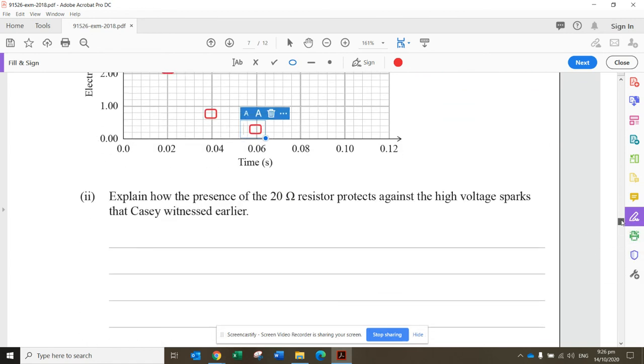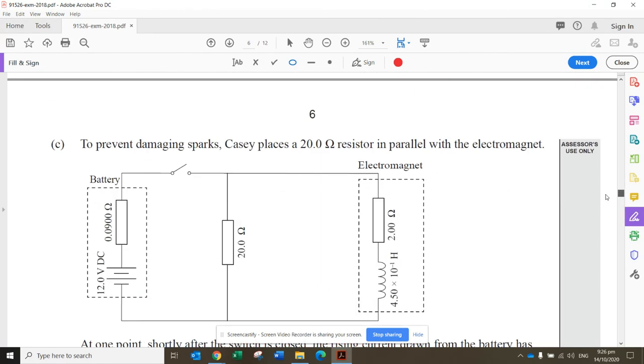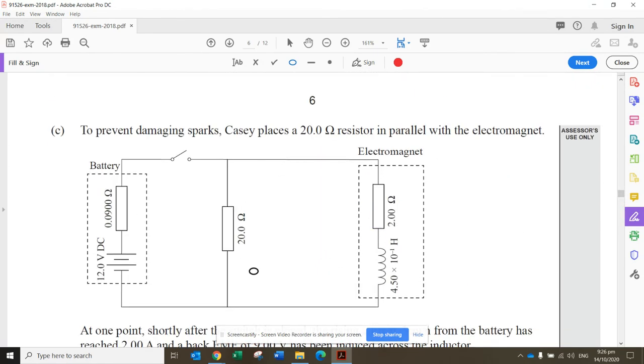And then the next one is, how does the presence of the 2 ohm resistor protect against high voltage sparks? So the thing is, if I just look at this here, when she's discharged, when the switch is open and there's a resistor, so this